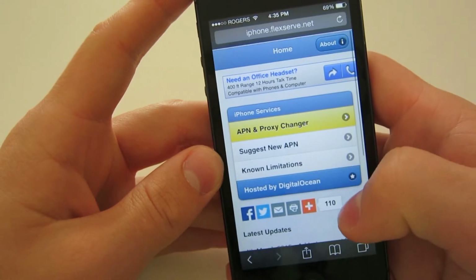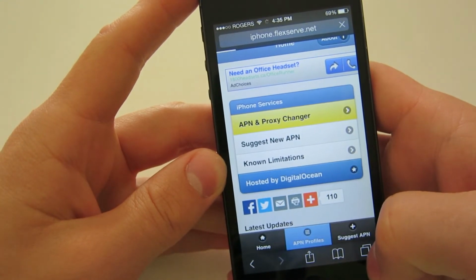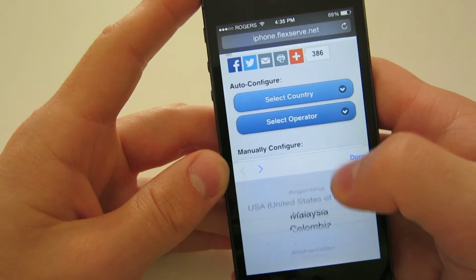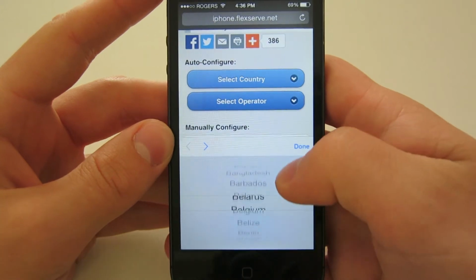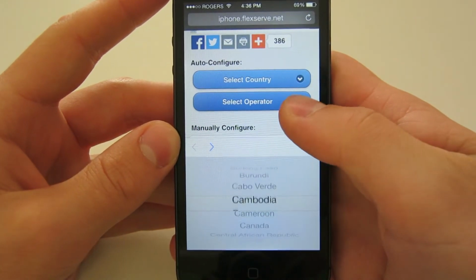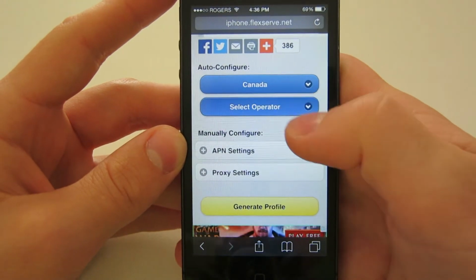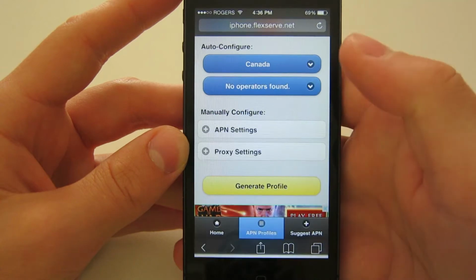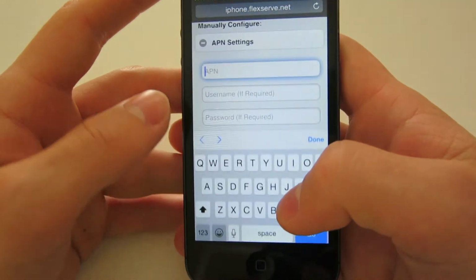So here, you're going to go to APN profiles and select country. In this case, we're going to do Canada, so you have to find Canada in the scroll down menu here. Click done, and select operator. You're going to say no operator found, because Petro-Canada isn't in there, there aren't any for Canada. And you're just going to type in